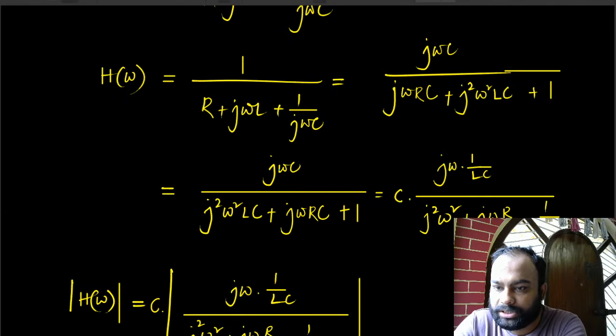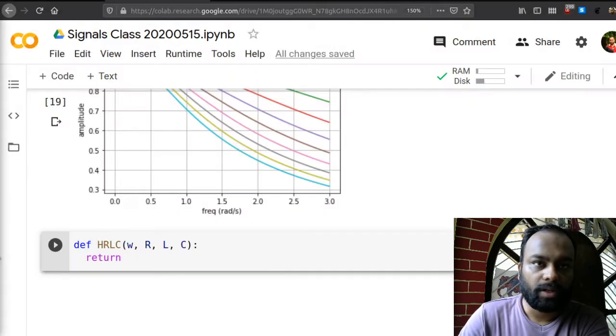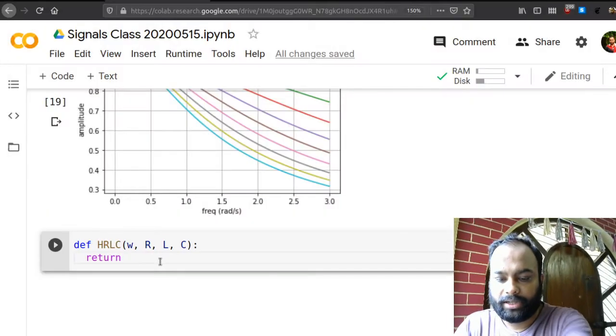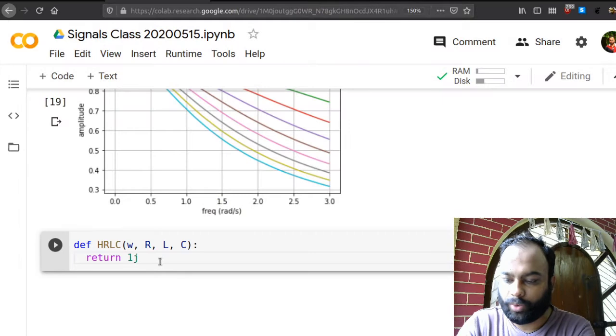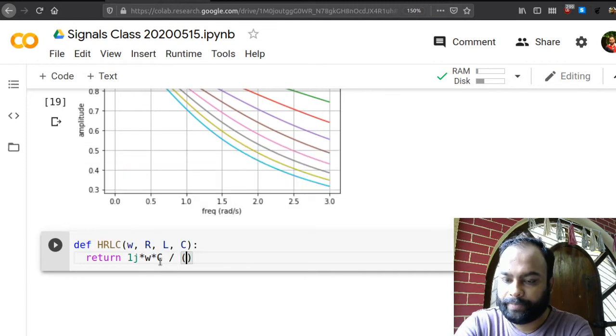So this was j omega C divided by j square omega square LC. All right. So this is 1 by j omega C divided by,